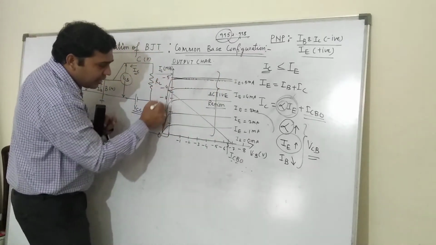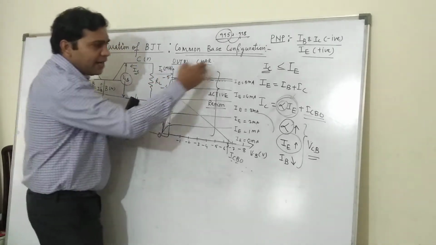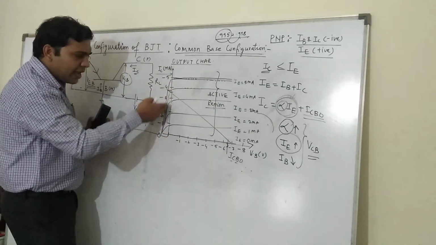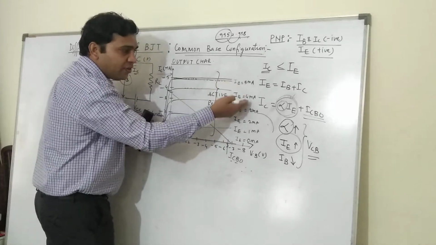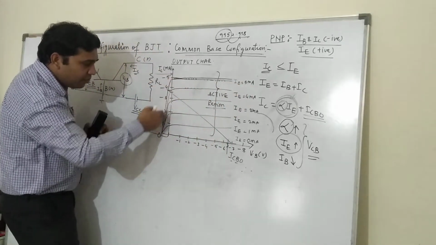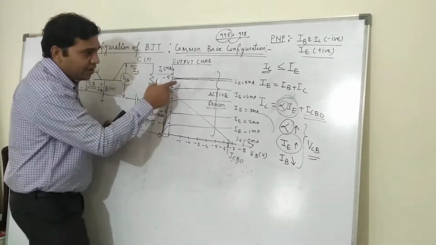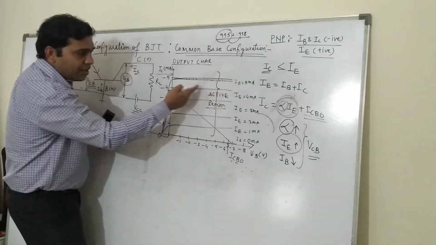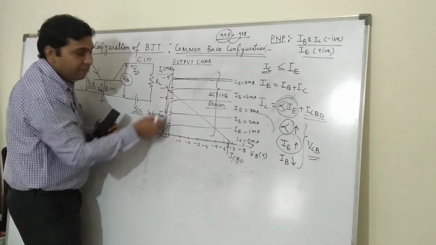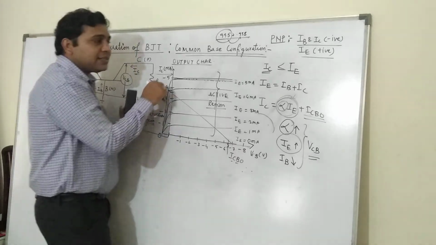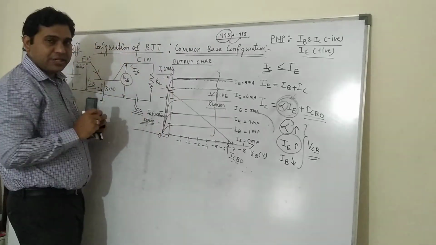So in this region, the IC almost gets saturated, independent of whatever the IE is; the IC has its own path here. Whether IE equals 5 or 4 milliampere, the graphs are almost overlapping. If they are overlapping, it means the IC gets saturated irrespective of the IE. For this reason, we call it saturation.